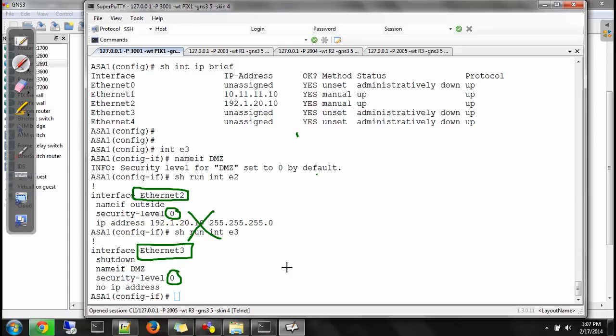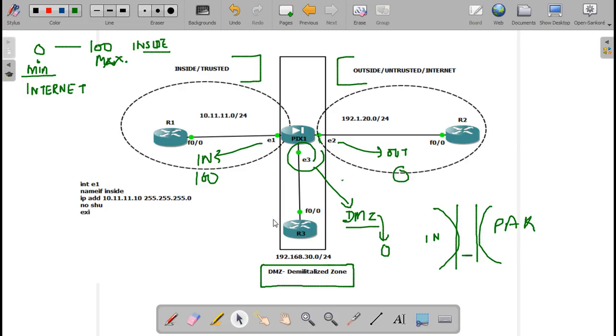I hope this is clear. Two different interfaces with same security level cannot communicate with each other. Because of this, if both the places the security level is same, 0 and 0, then this traffic which will be starting from R3 and will try to go out is not possible, for the reason that the security value of E2 is 0 and security value of E3 is also 0.